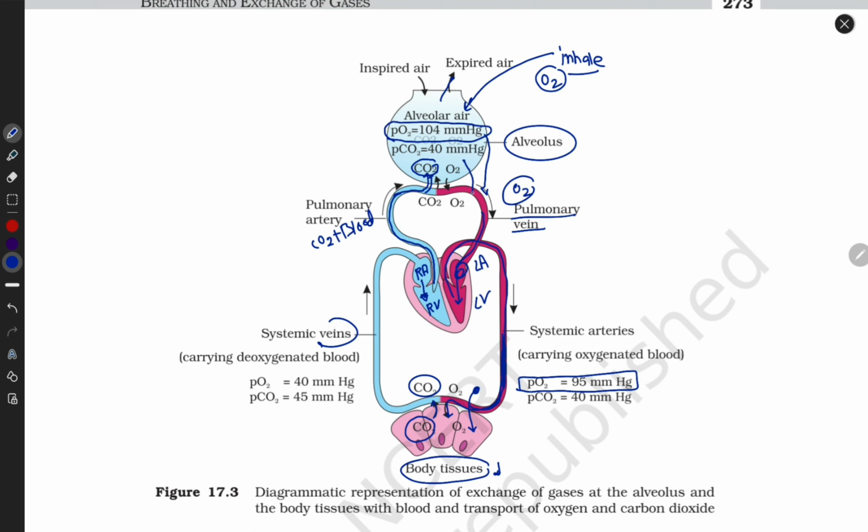Alveoli transfer oxygen towards the pulmonary vein. The pulmonary vein transfers oxygen to the left atrium, and the left atrium passes the oxygenated blood into the left ventricle. The left ventricle passes oxygenated blood into the arteries, meaning the aorta, and the aorta passes oxygenated blood towards the body tissues. Tissues pass their CO2 into the veins, and the veins go towards the right atrium. The right atrium passes CO2 blood towards the right ventricle. The right ventricle passes CO2 blood into the pulmonary artery. The pulmonary artery passes CO2 into the alveoli. Alveoli pass CO2 into the bronchioles, bronchi, trachea, and out from the nostrils: CO2 out and oxygen in. This is the whole mechanism